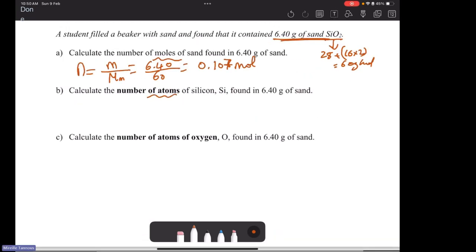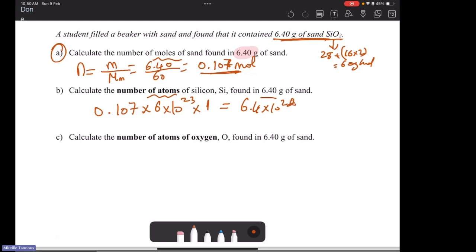Now, calculate the number of silicon atoms in this 6.4 grams. Alas, no need here. We just converted this gram to mole. So as if they are telling me, calculate the number of atoms in this mole. So this one times Avogadro times atomicity of silicon. Atomicity of silicon is 1. So almost the same answer, 6.4 times 10 to the power 22